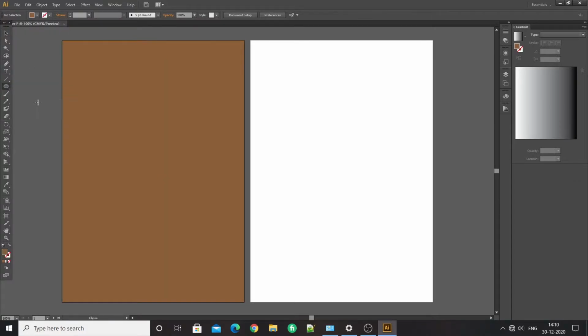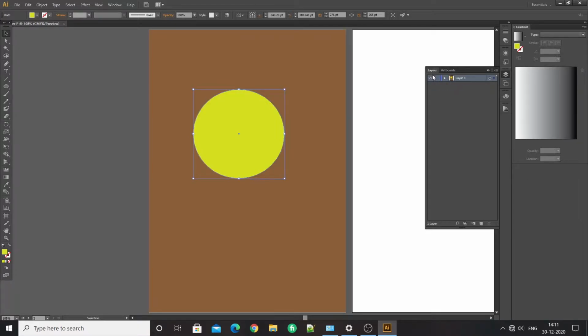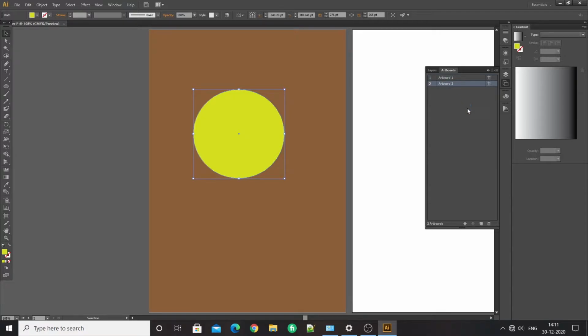Select circle from the shapes drop down. Click and drag on the artboard holding Shift. So now that we have two shapes and two artboards, you will be able to understand the difference between the both. This is the layer icon. When you click on it, you will get layers and artboards together. Inside the layer panel, you will find the shapes that we have created. And in artboards, you will see two pages. Hope you all get the picture.